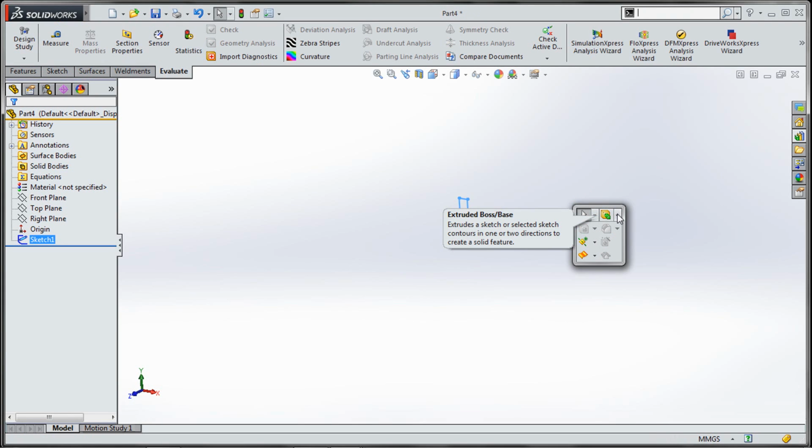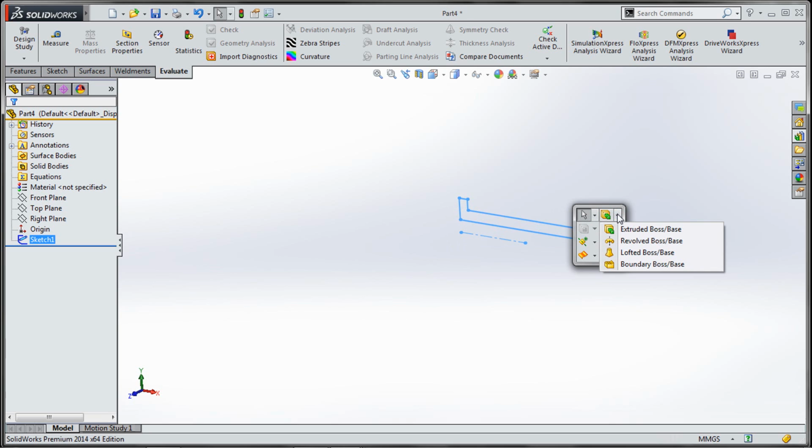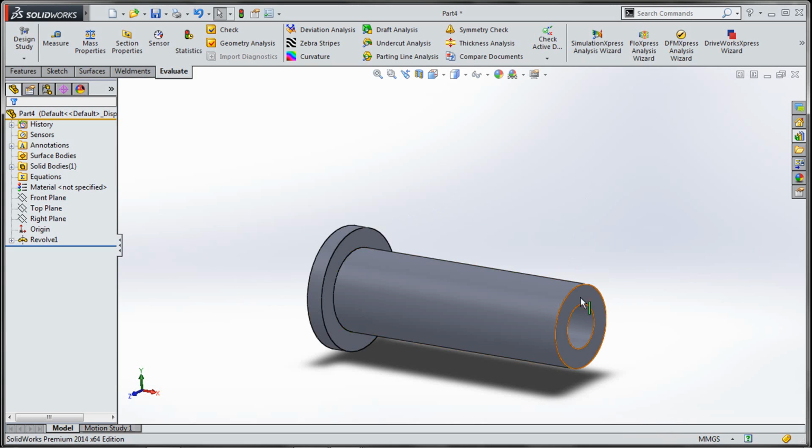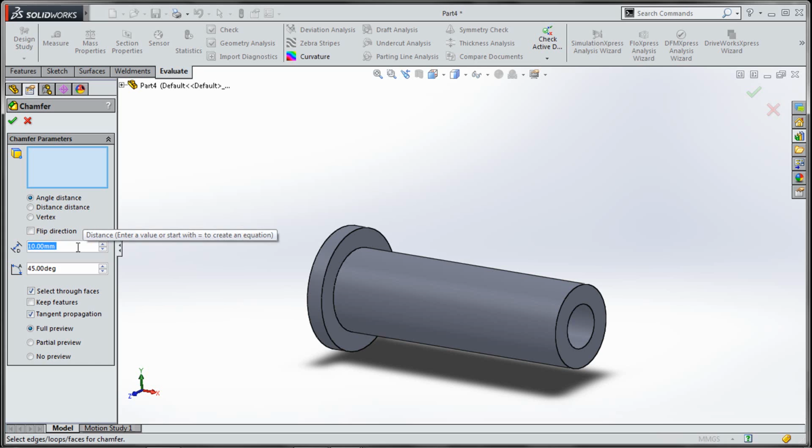Again, S key, and in the floating menu choose Revolved Boss and just confirm. And don't forget the chamfer. So 2 mm and 45 degrees.